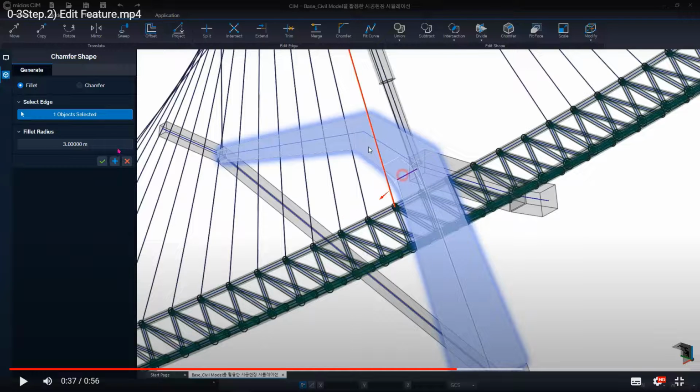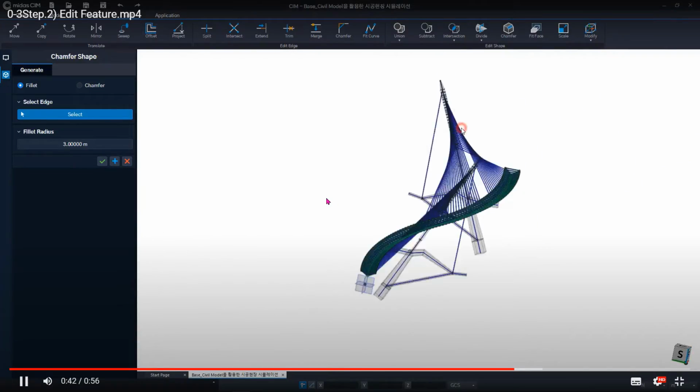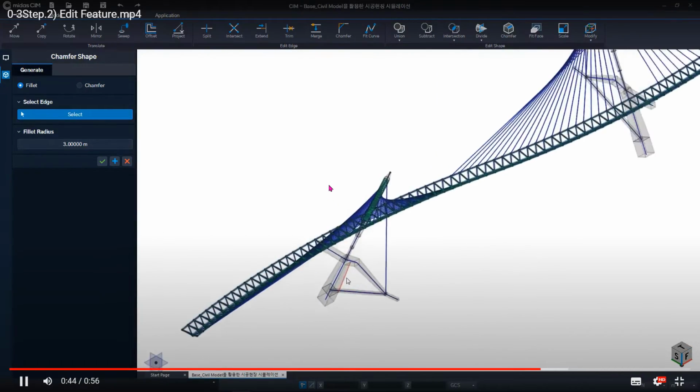So it means that you can change the radius if the future model is not the one that you desired. So you can choose them before you click on the assign button or the finish button here. Okay, you see it automatically chamfered like this. Also similar to the other one.